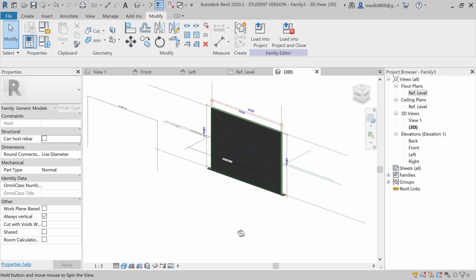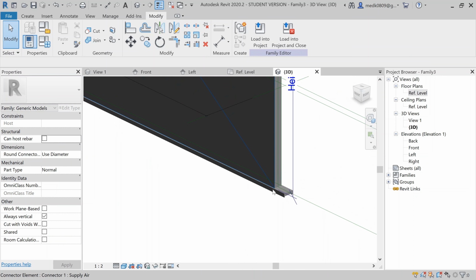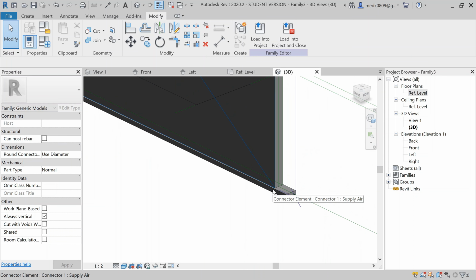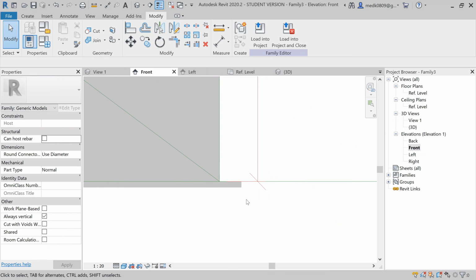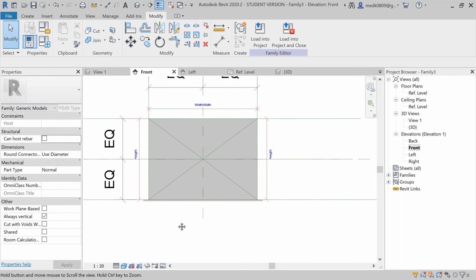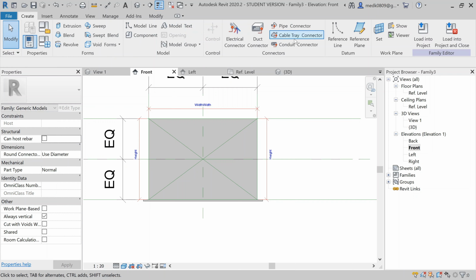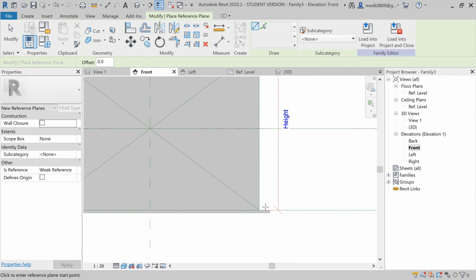Now the support has been created. Now we need to create the hangers, the rods basically. For that, I will go to the front view again, and what I'm going to do is to create a plane. For that, go to create a reference plane, and now let's create a reference plane